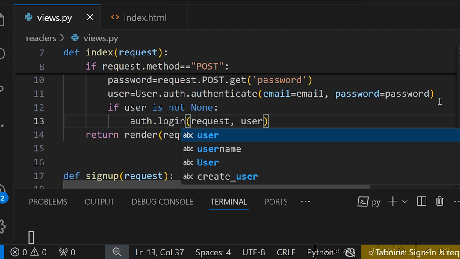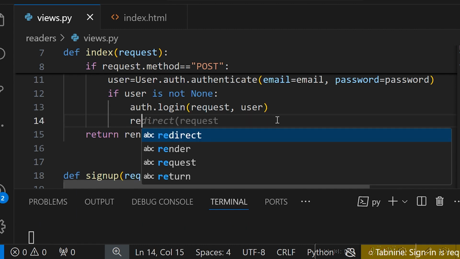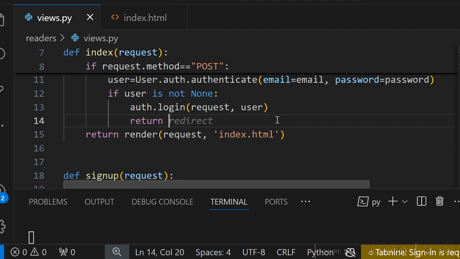So once this is done, we can redirect the user to the dashboard. But we have not created the dashboard, so let's just say return redirect, and let's redirect this particular user to, let's just say, the sign up page, and after that we'll be able to create our dashboard. So let's see if everything works fine here. Let's go back